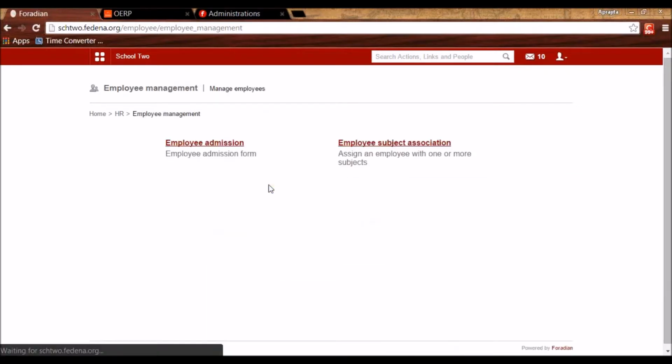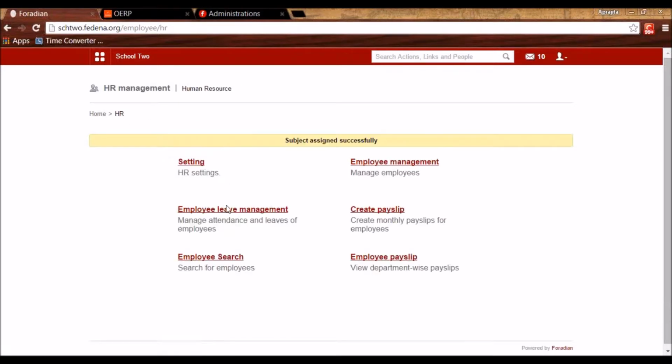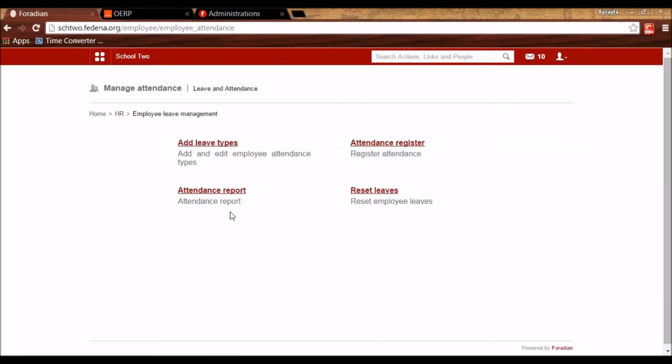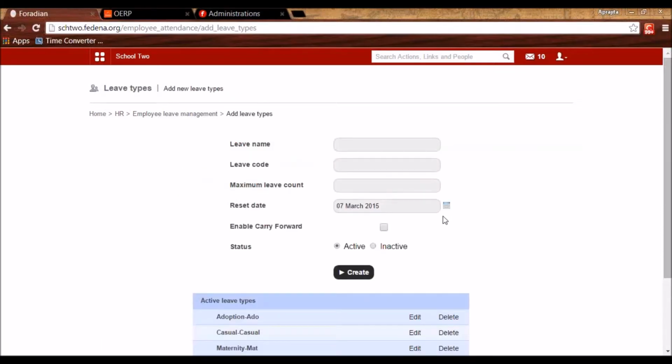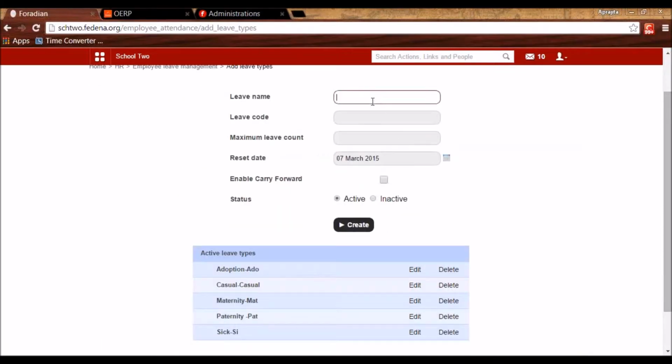Once we have done this, let's see how we can add the leaves of the employees so that they can apply for leaves and the managers can approve them and we can view some reports. So we will go to add leave types and we will give the name of the leave, let's say sick leave.